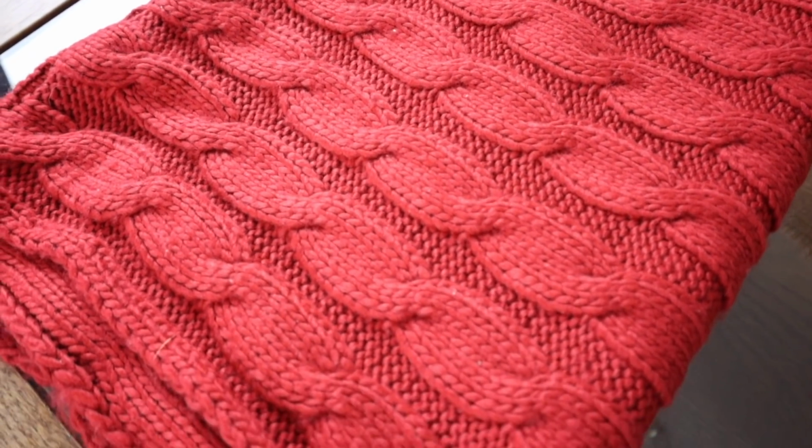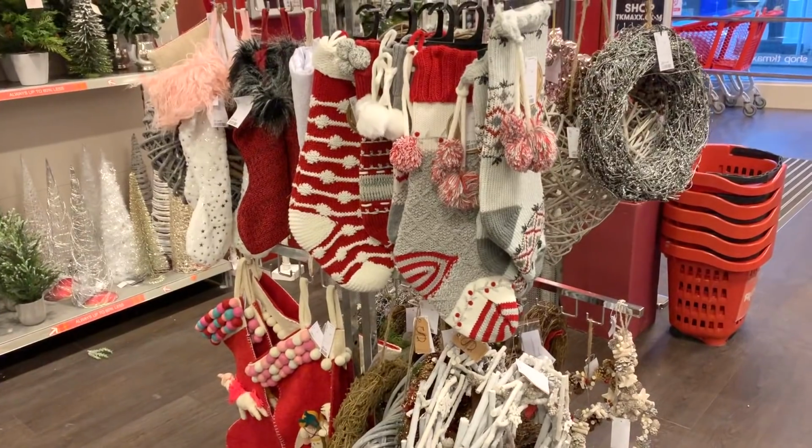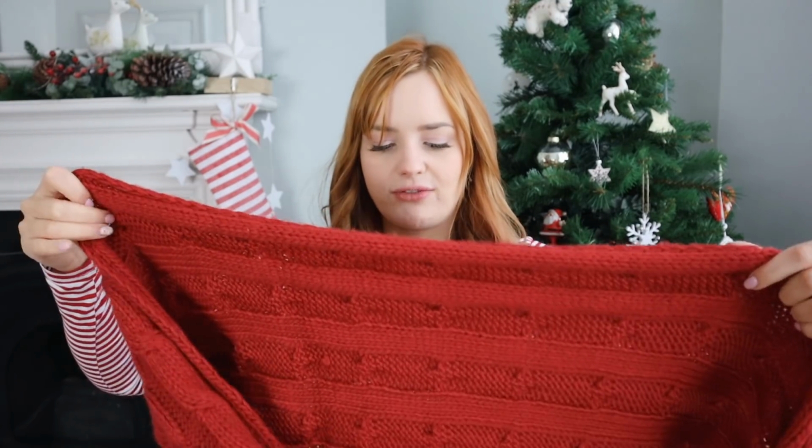But I saw these stockings in TK Maxx that I fell in love with, and I wanted to try and recreate them. I might, if I've got time, try and do them this year. If not, I'm gonna drape the scarf on the end of a bed. Oh, I can't because it's an infinity scarf. That's news to me, so I won't be doing that. Well,